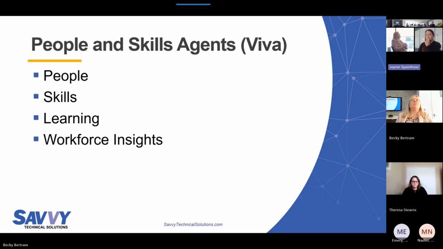I have hardly rolled it out at any organization because it's such a specific use case. If I was Accenture, maybe, but I don't know. I feel like this is one of those products that Microsoft built because it was rolling it out to the Coca-Colas and GMs of the world. It was making lots of money, but for everybody less than that, it's hard for me to see that. To me, if you're so out of touch with your downstream that you need an app to tell you who's working for you, you're probably too high up with insurance. But that being said, this is a part of the